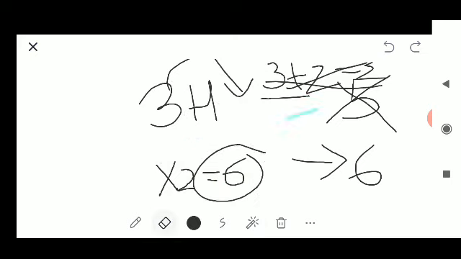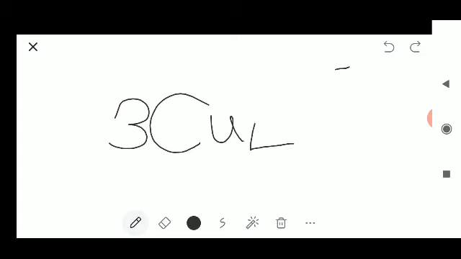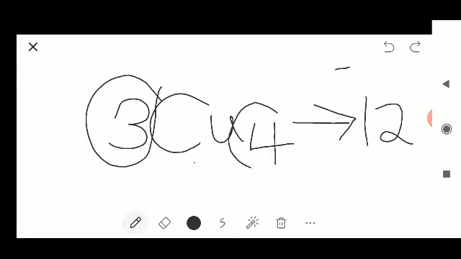So let me give another example for clear clarification now. You're all well aware that Cu is the chemical symbol for copper. So guess how many copper atoms we have? If your guess was 12, it is absolutely correct. How did we get 12? Just by multiplying these numbers. That is 3 fours are 12. So by multiplying the numbers, we get the total number of atoms present in an element.